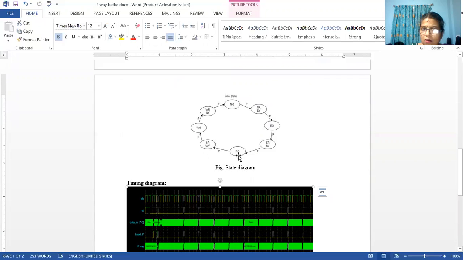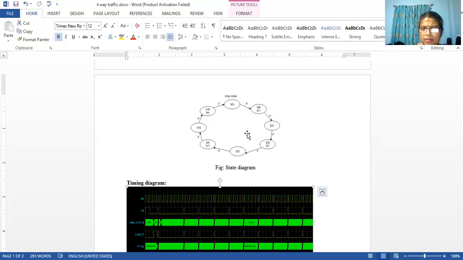Before the south green counter starts, or in the south green itself, I can program the counter value to a high value. Load the load P with a maximum value, 2 raised to 8. What will happen? The counter will start counting again and the state machine sits in the south green for a longer time. Okay. So you have the flexibility to do whatever programming you want to do.